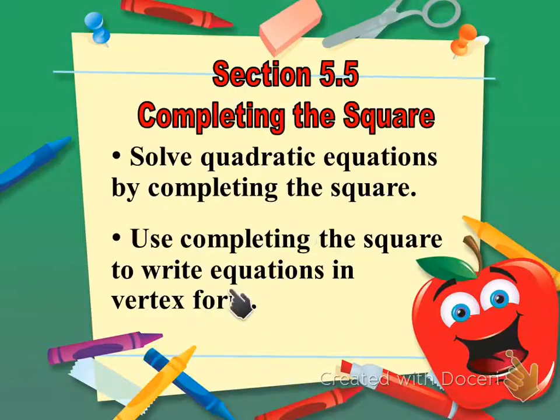We're going to use completing the square to write equations from one form to another, because I don't want you to have to memorize all these formulas for your test. If I could rewrite equations from standard form to vertex form, because the vertex form spits out the vertex, then I wouldn't have to memorize that opposite of b over 2a, blah, blah, blah. So